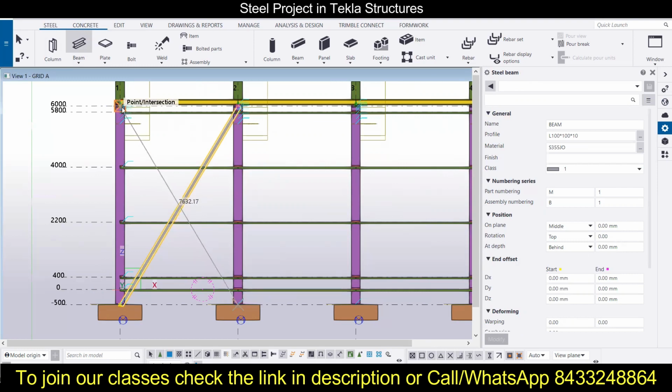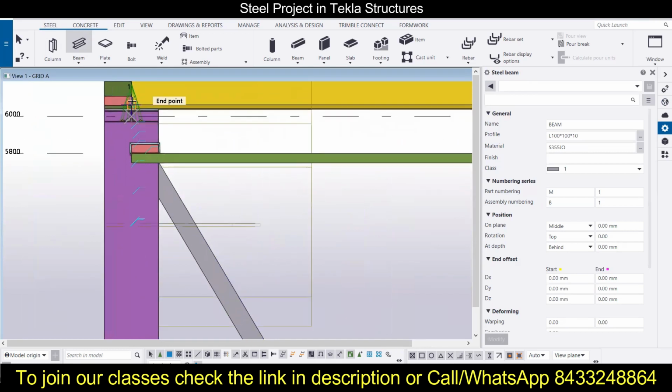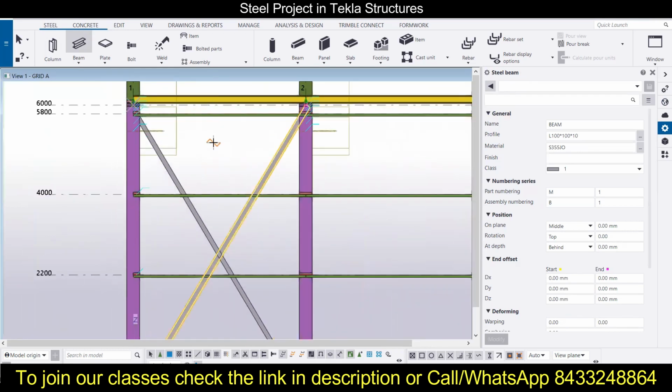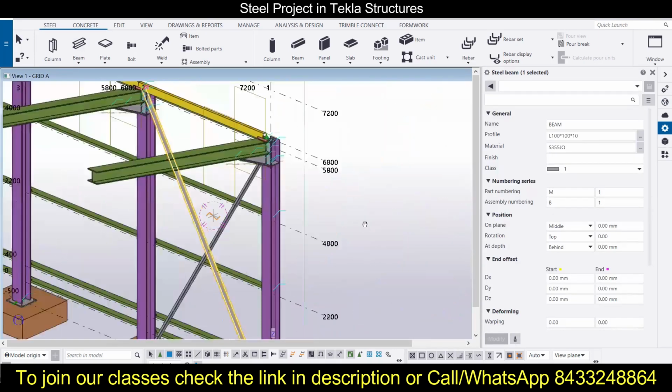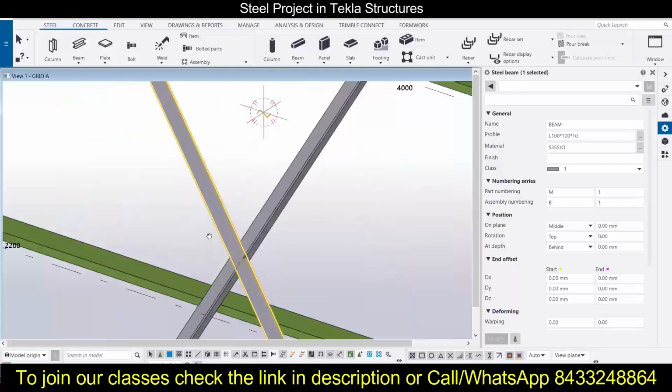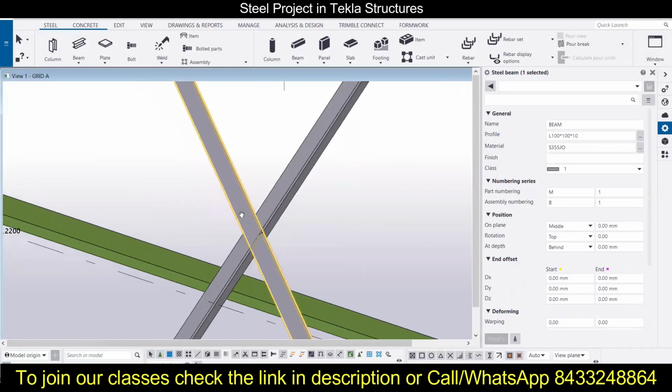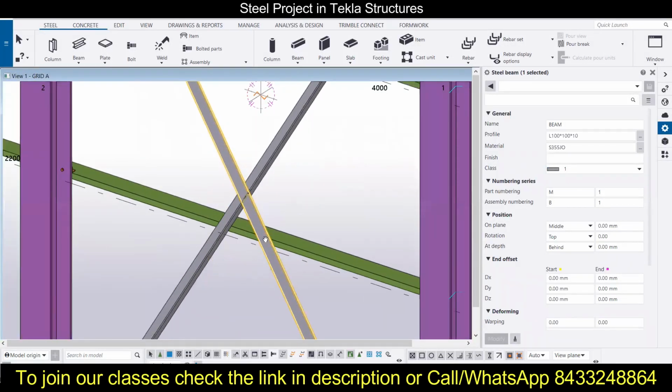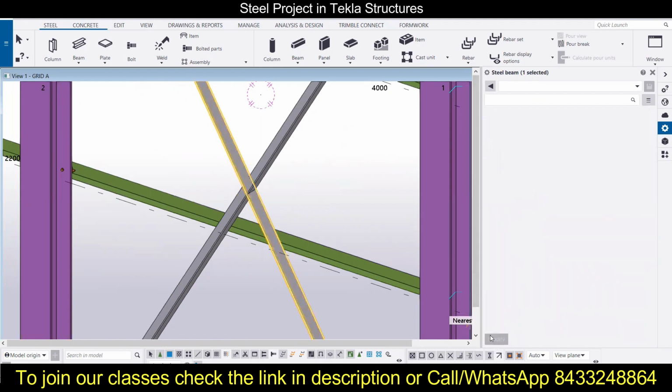Okay, so I will go to the point intersection, and now I will see how this is being modeled over here. So for that I will have to rotate the screen, and I will grab a point and check how it has been modified. So this is added perfectly. Now I have to go with this one. Okay, so this selected beam needs to be rotated, so I will rotate it on this side, like the top, then the below. Let's click on modify.